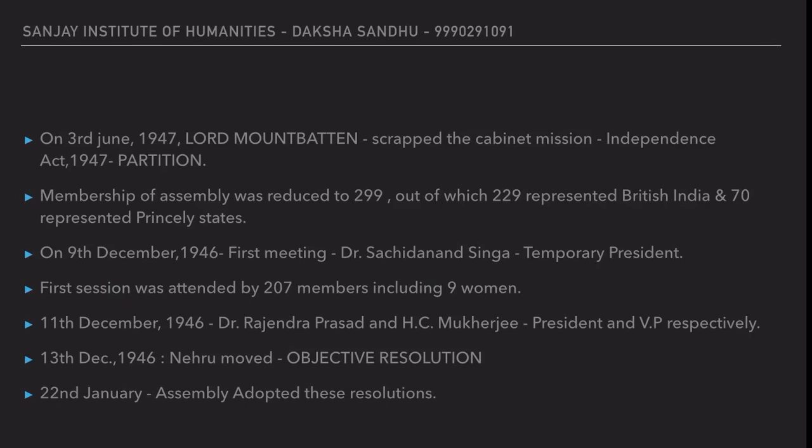And on December 11, 1946, Dr. Rajendra Prasad was elected as the president of the Constituent Assembly, and H.C. Mukherjee was elected as the vice president of the Constituent Assembly. On 13th December 1946, right after 2 days, Jawaharlal Nehru moved the objective resolution in the Assembly,